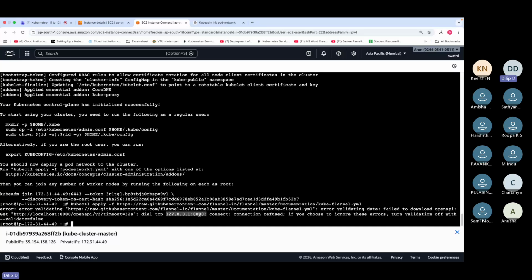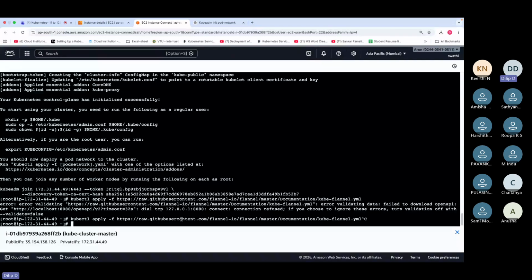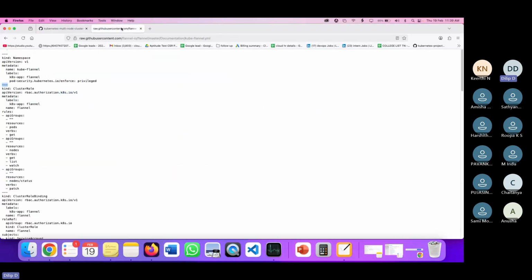Okay, so the connection is refused because we need to enable the port in the firewall. Otherwise, since the network is not connecting, we can also copy the manifest and deploy it locally. So what we can do is go here, press Control A, Control C, and then I'm going to vi